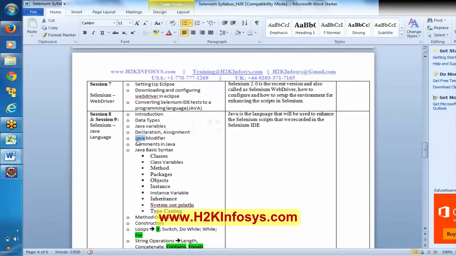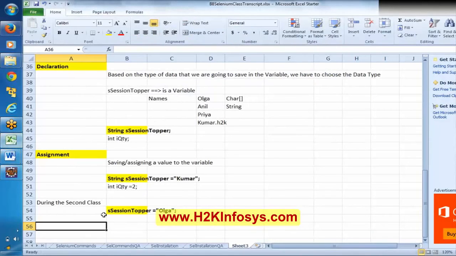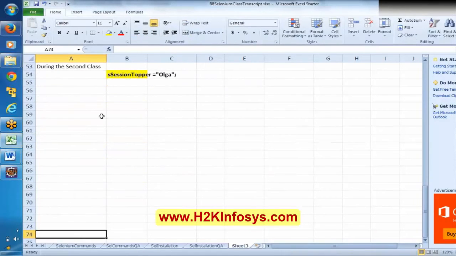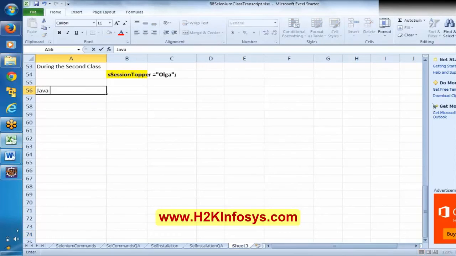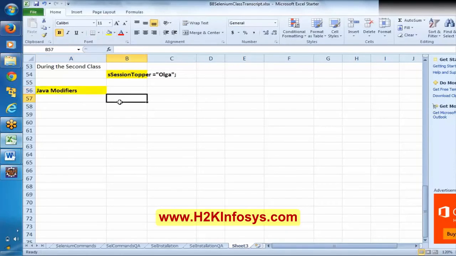Now we are going to discuss Java modifiers. As I said earlier, we can discuss so many things here, but we are mainly discussing the things required for Java with respect to Selenium.